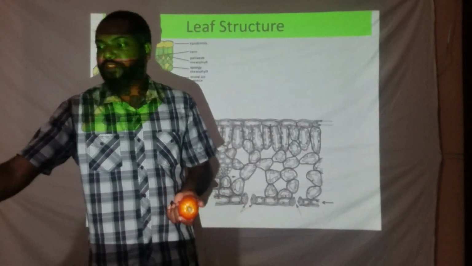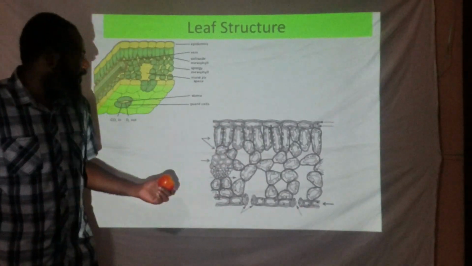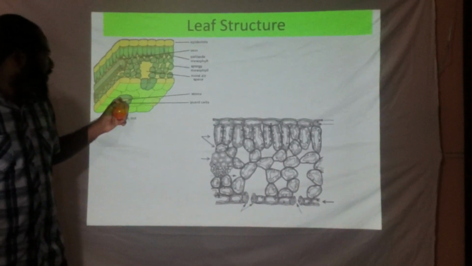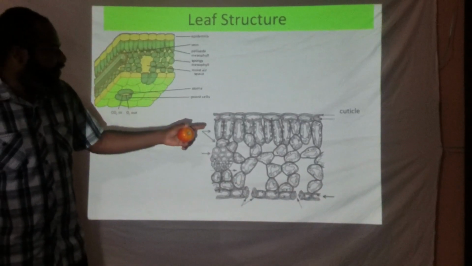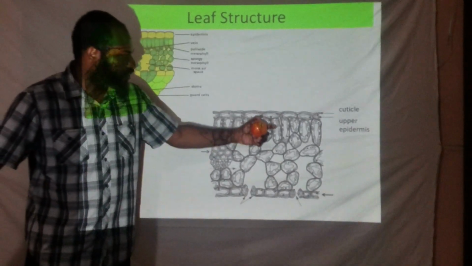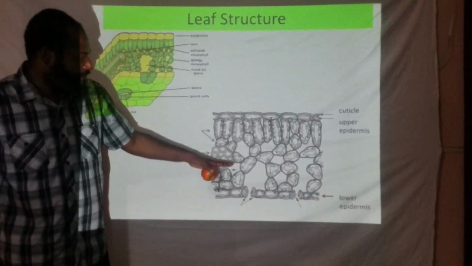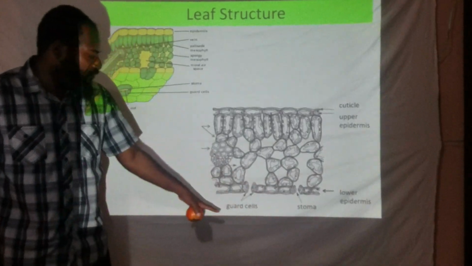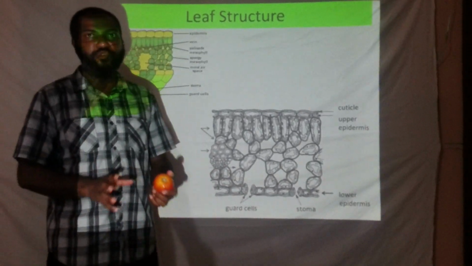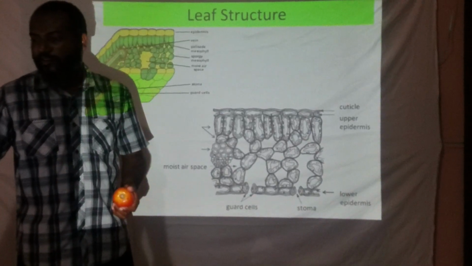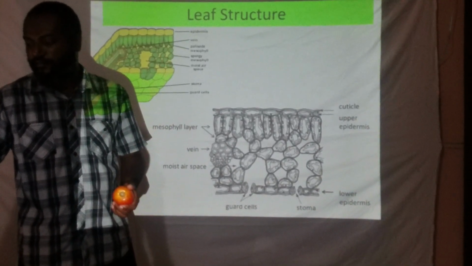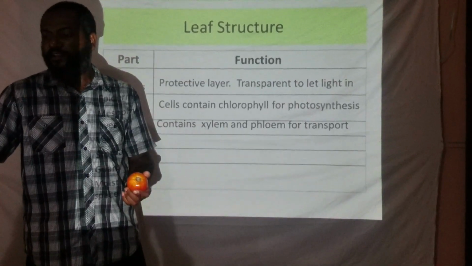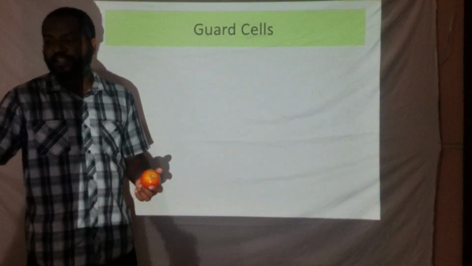Now, you're going to be looking at the structure of the leaf, and we're going to specifically look at the guard cell. And you are going to be labeling all of these lovely parts of the leaf: the cuticle, which is the upper layer, the upper epidermis, the lower epidermis, and the stoma, where the guard cells surround the opening. Now, we are going to be looking at the function of the leaf, as well as all of the areas that